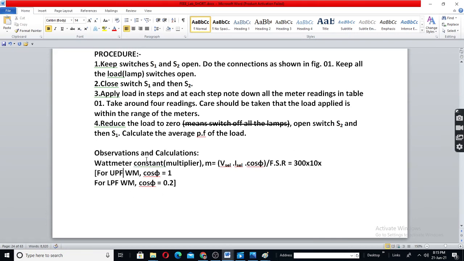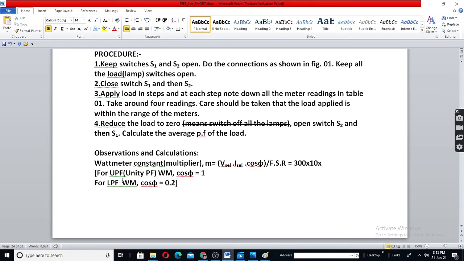UPF means unity power factor wattmeter. LPF means low power factor wattmeter. I will erase this because there is no need of writing so much in the examination.